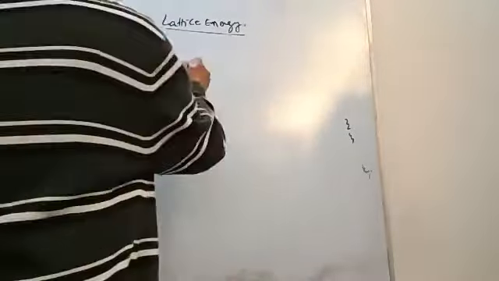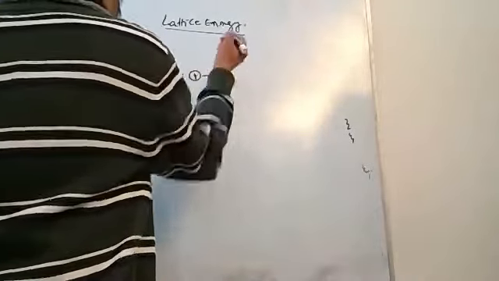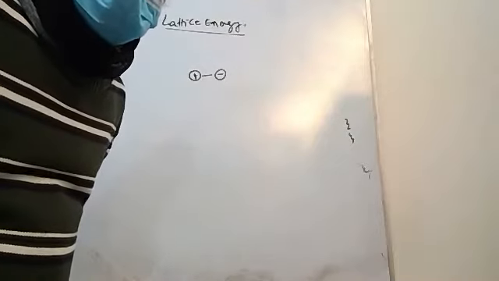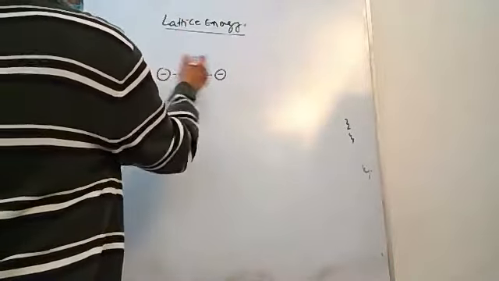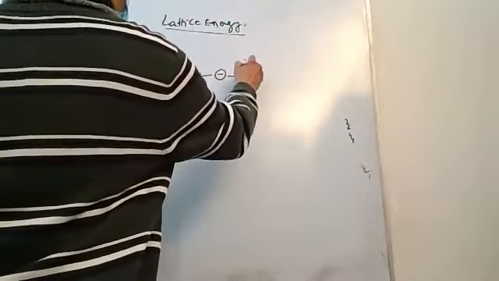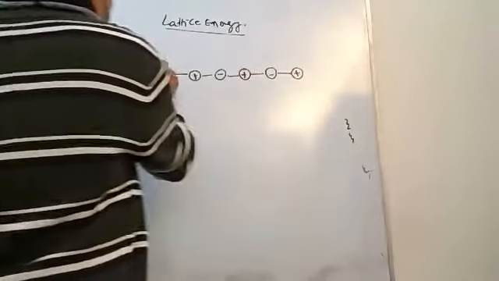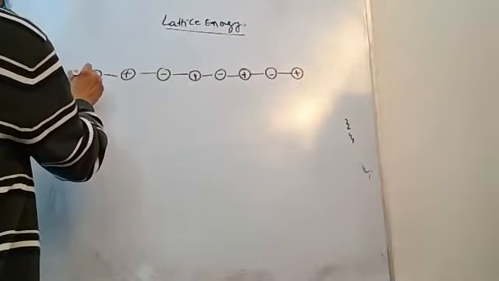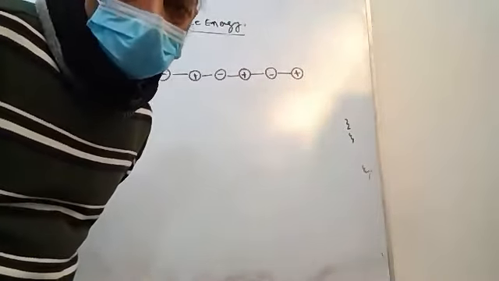Suppose I take a one-dimensional network of, let's say, sodium chloride. Sodium is positive and chloride is negative. That is possible only if it is a molecule. But in a solid, I have another chloride on this side, and next to the chloride, I have another sodium. Next to the sodium, I have another chloride and sodium. And this whole thing repeats itself indefinitely and infinitely. I'm just showing only the one-dimensional aspect.